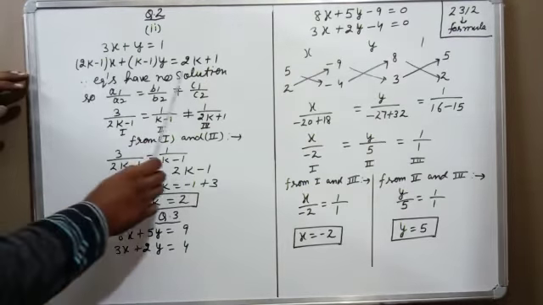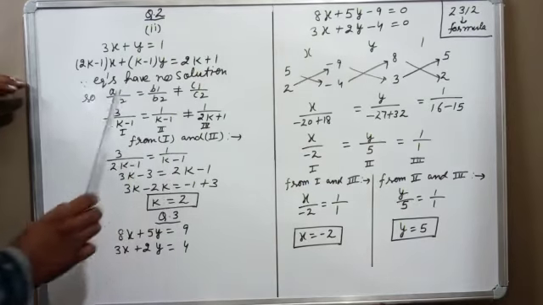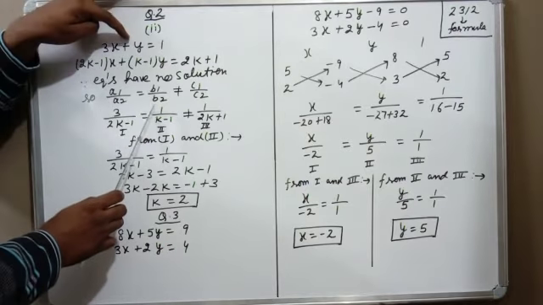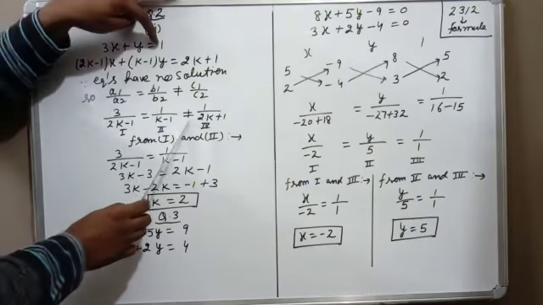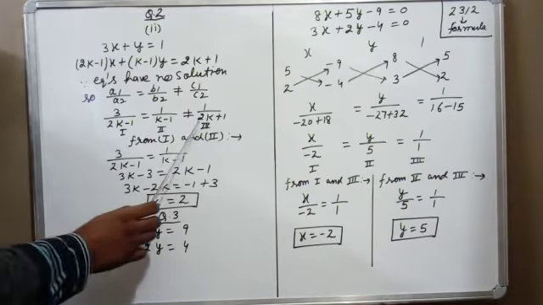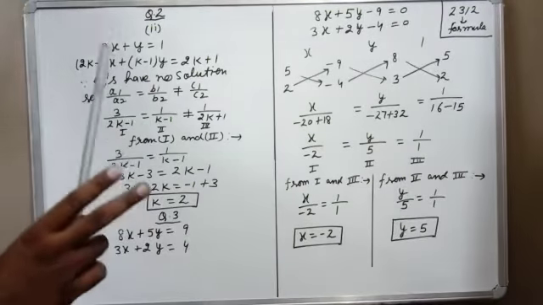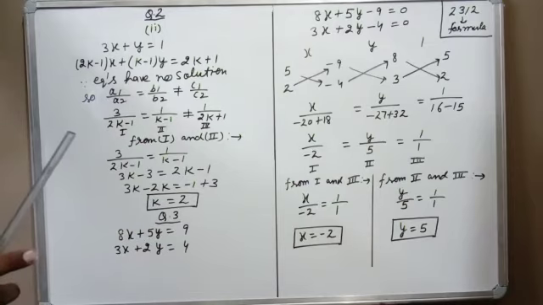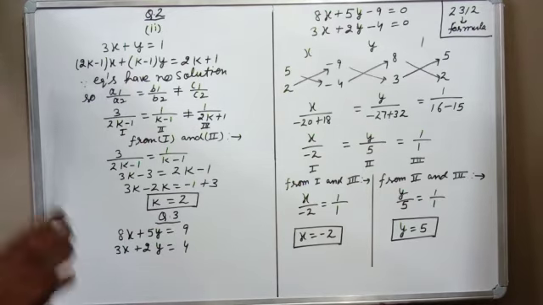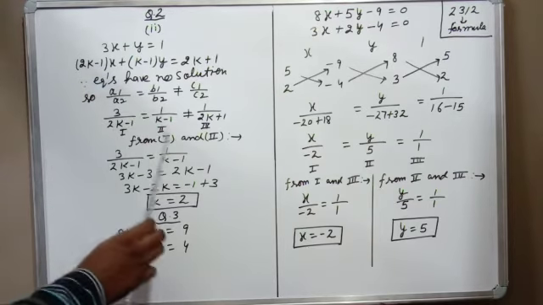So if the equations have no solution, the condition is a1 upon a2 equals b1 upon b2 not equal to c1 upon c2. So a1 is 3, a2 is 2k minus 1; b1 is 1, b2 is k minus 1; not equal to c1 is 1, c2 is 2k plus 1. Let this be number 1, this number 2, this number 3. In the first part we wanted to find two values a and b, so we took two pairs, and by solving those we got two equations and solved them by the elimination method. But here we want to find only one value, so we will take only one pair. We will take the pair of first and second values.